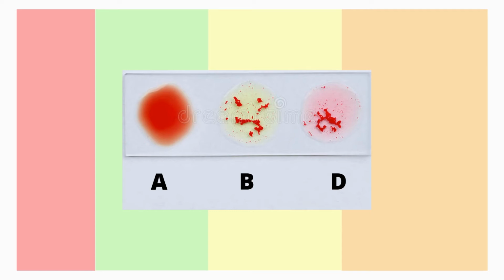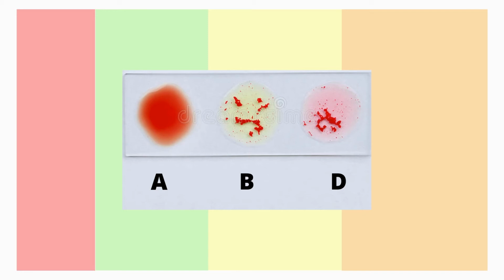Then, we will add in the first circle anti-A serum, in the second circle anti-B serum and in the third circle anti-D serum. So anti-D will tell us the positive or the negative form of the blood and A and B will tell us the type of blood group. If coagulation takes place in A, then we can say that the person has antigen A. If the coagulation takes place in B, then the person has antigen B. And if the coagulation takes place in D, then the person is positive.